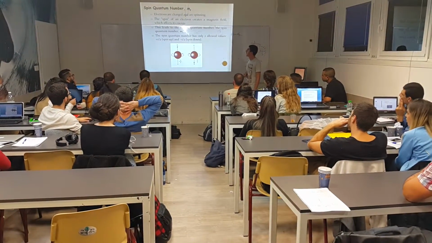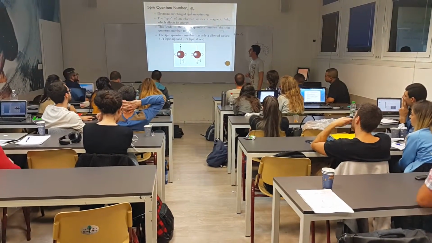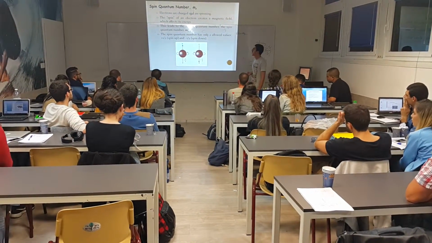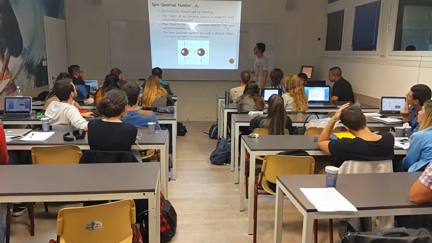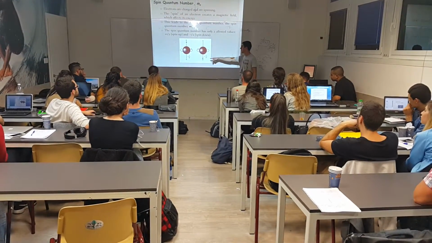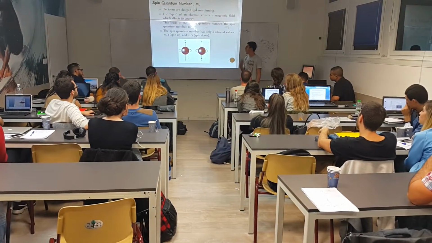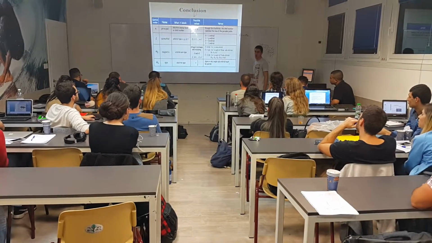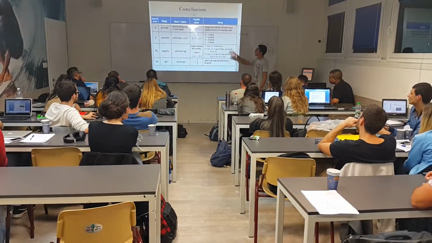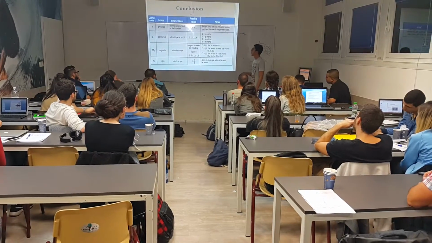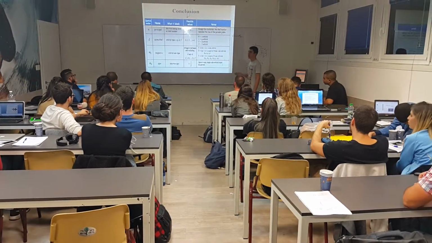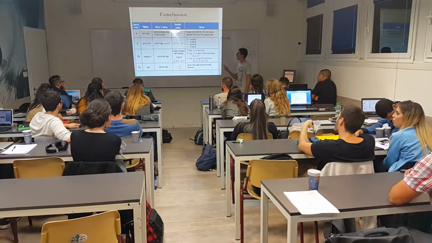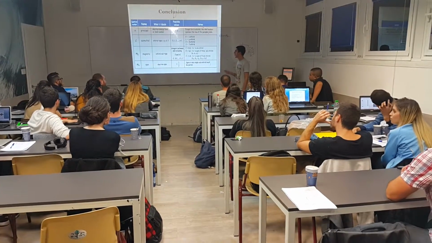Okay, and the last quantum number is the ms. As we know, electrons are charged and spinning, and the spin of the electron is described by 2 different values, either +½ or -½. It is clockwise or counterclockwise. This is a chart that sums up everything we saw until now. We have the 4 different quantum numbers, their name, possible range, and what they represent. As we said, we have the energy level, the type, the shape, the number of orbitals, and the electrons.